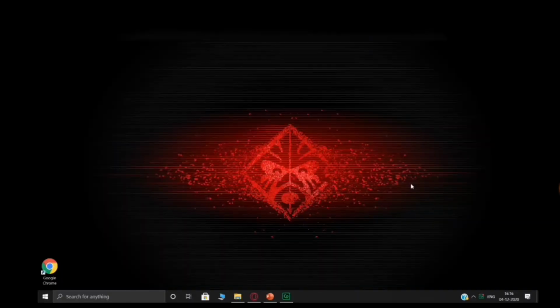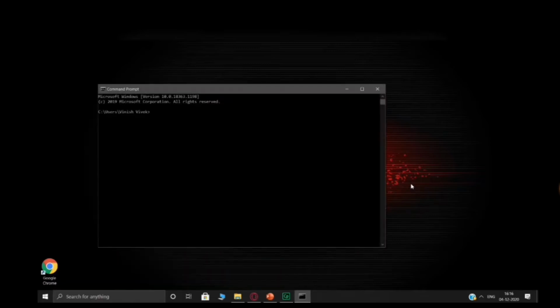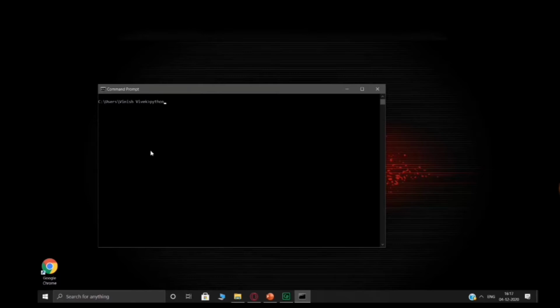Alright, so the first thing you want to do is open your command prompt. You'll go into your start menu and write CMD for your command prompt. Over here, the first thing you can do is check what version is installed. You can write py and it'll show you, as it's showing us over here, Python 3.8.2. Alright, so that's one way to do it. The other way is to write python space hyphen version and enter. So here too it's showing us Python 3.8.2.